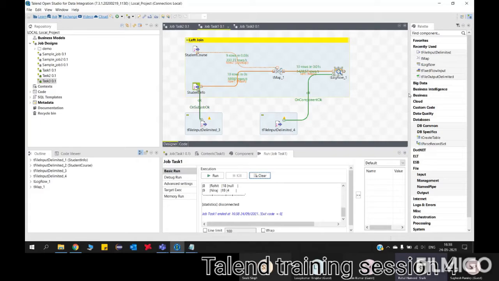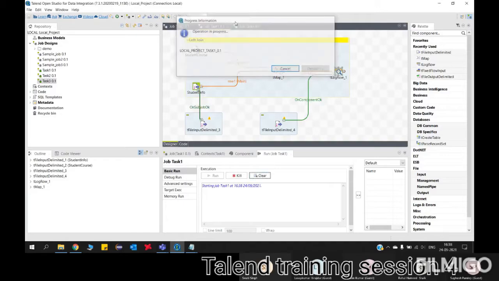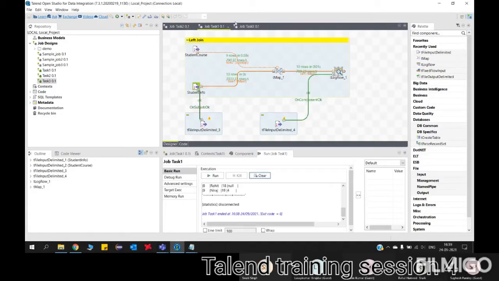Were you able to see which one ran first? No, right? Because the job was running so fast. Run it one more time. Immediately it is getting triggered because the number of records here is very less. So what we can do is remove these last two file components and put tJava instead of the tFileOutputDelimited component. Let us use a tJava component so that I can show you which one is first.